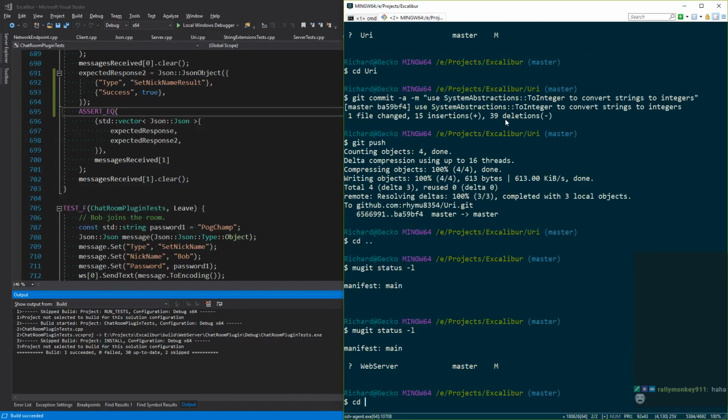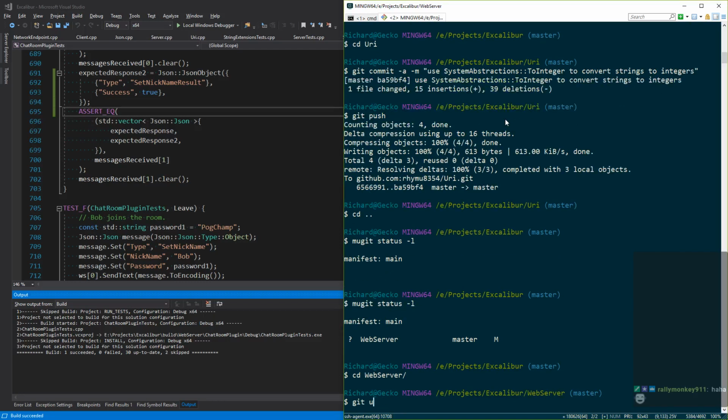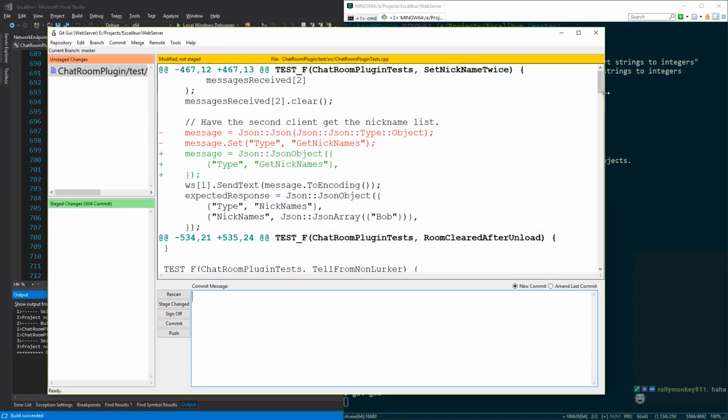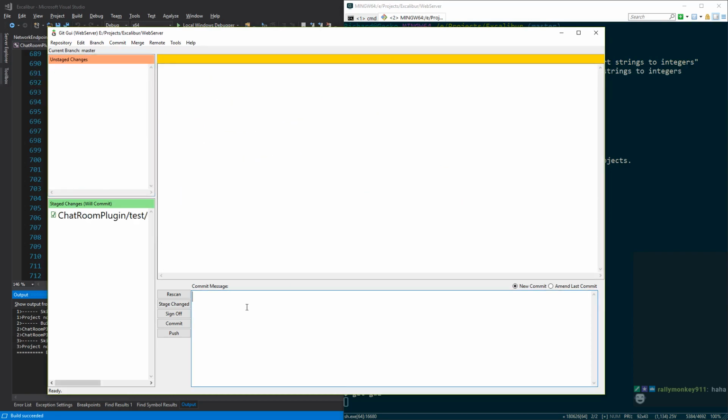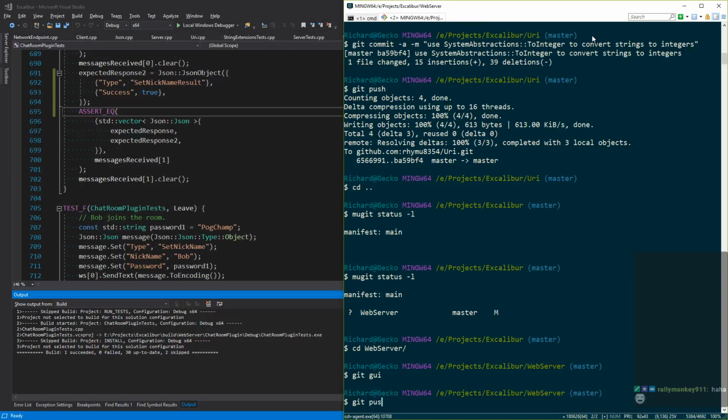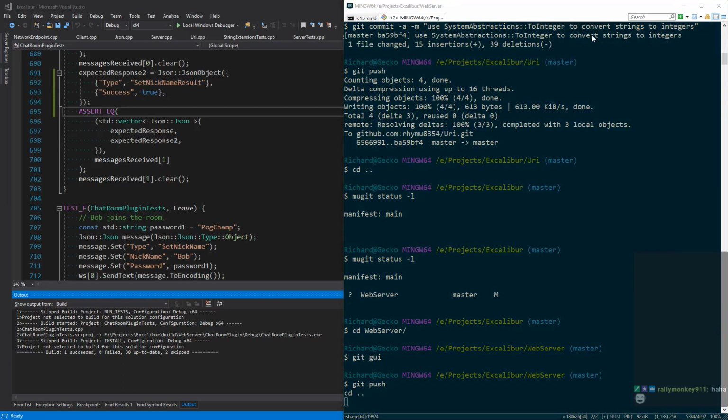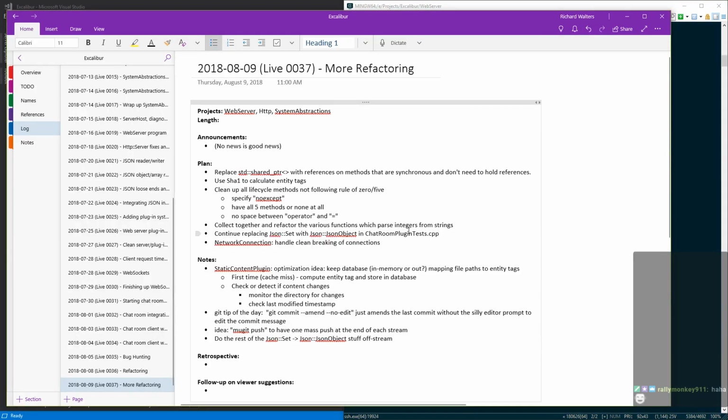Okay. Web server, yes. Oh, we'll run the GUI. Yeah, I feel like running the GUI this time. So Chatroom plugin. Replace more JSON set with JSON object calls. Alright, so the final thing I had on the plan